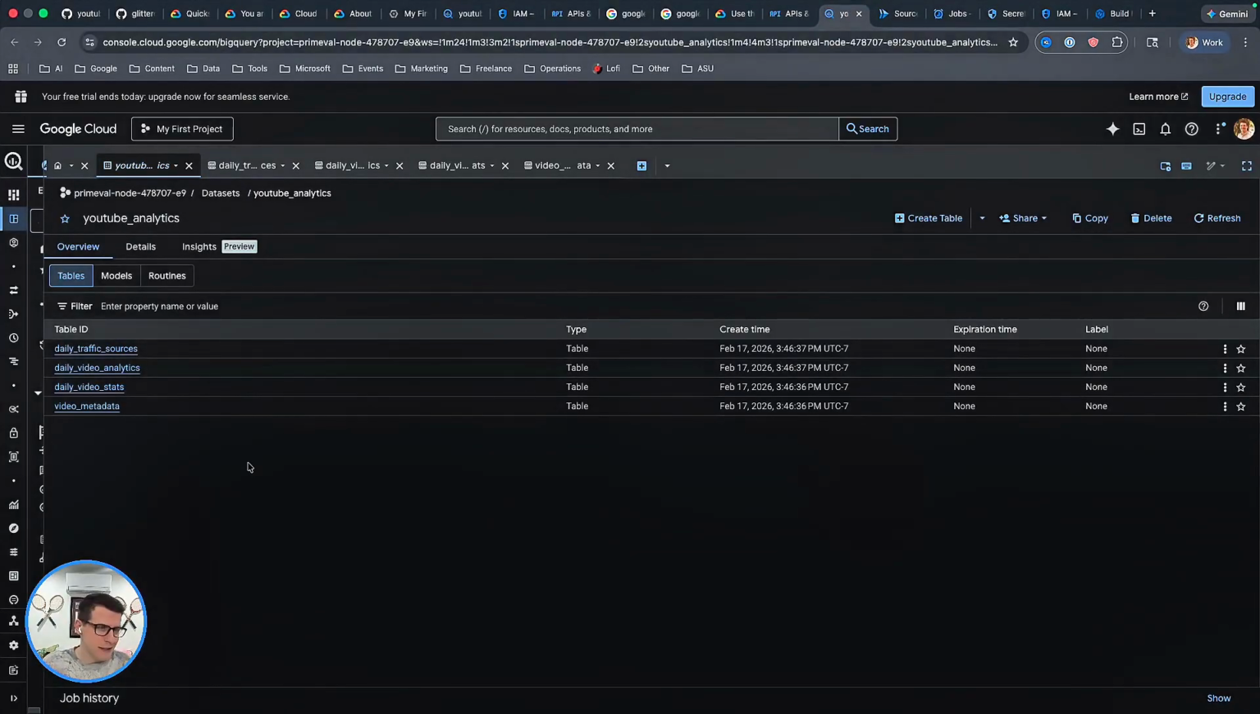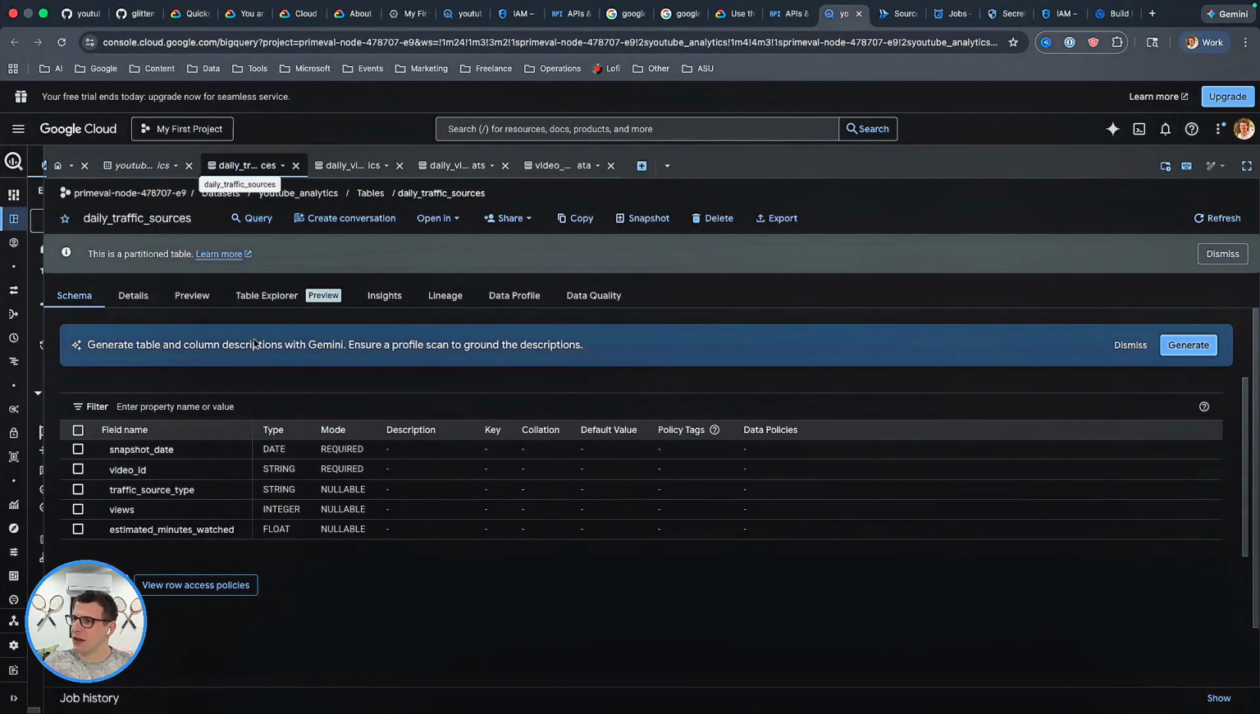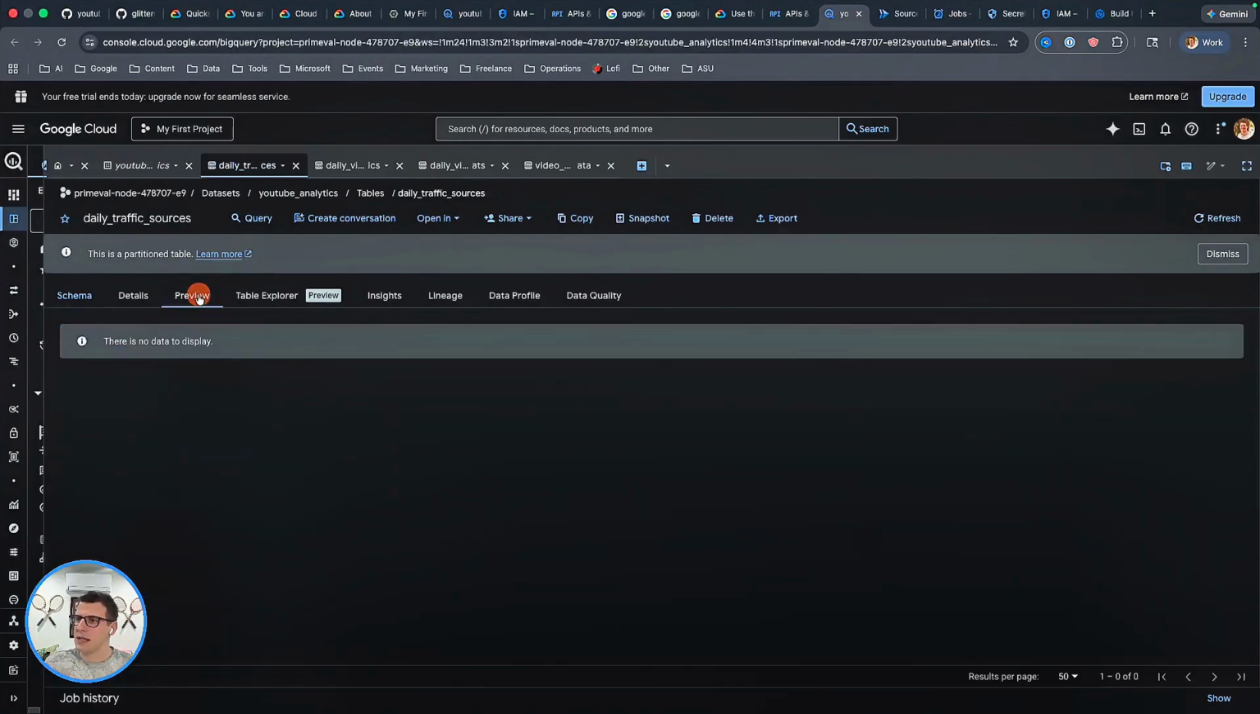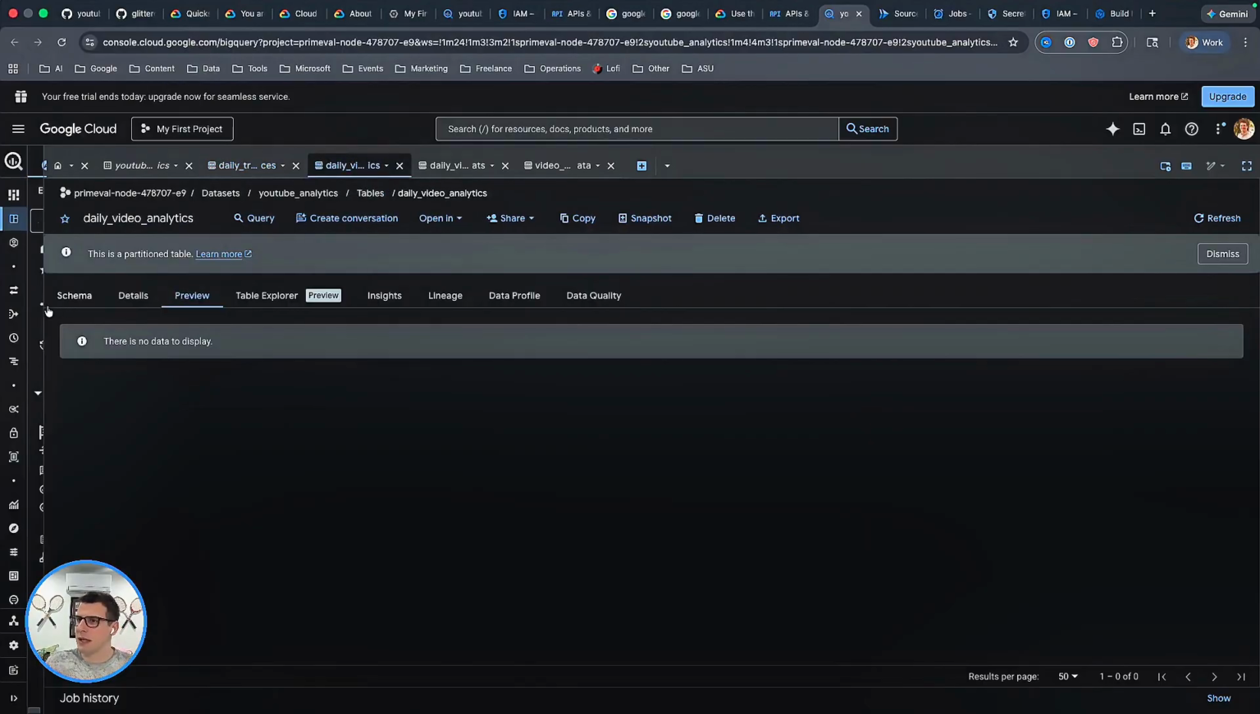And now here is the data part, the especially fun part for us data nerds, where we can see the 4 tables that it's actually created within my Google Cloud project. I clicked all of those, and looking here, we can see all of them are partitioned tables by the specific snapshot date. And there's no data to display within this daily traffic sources, which is something I'm curious about,